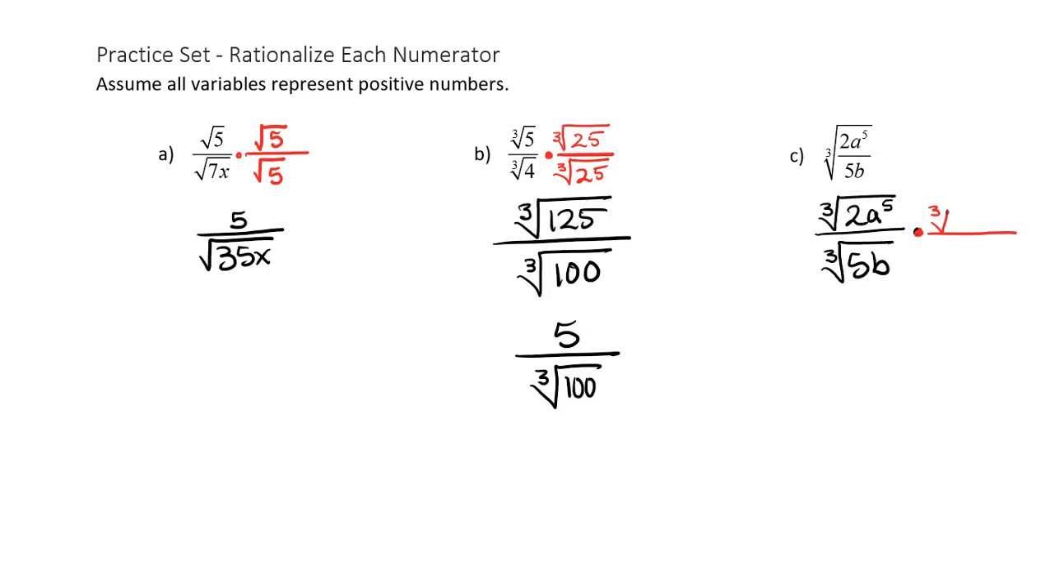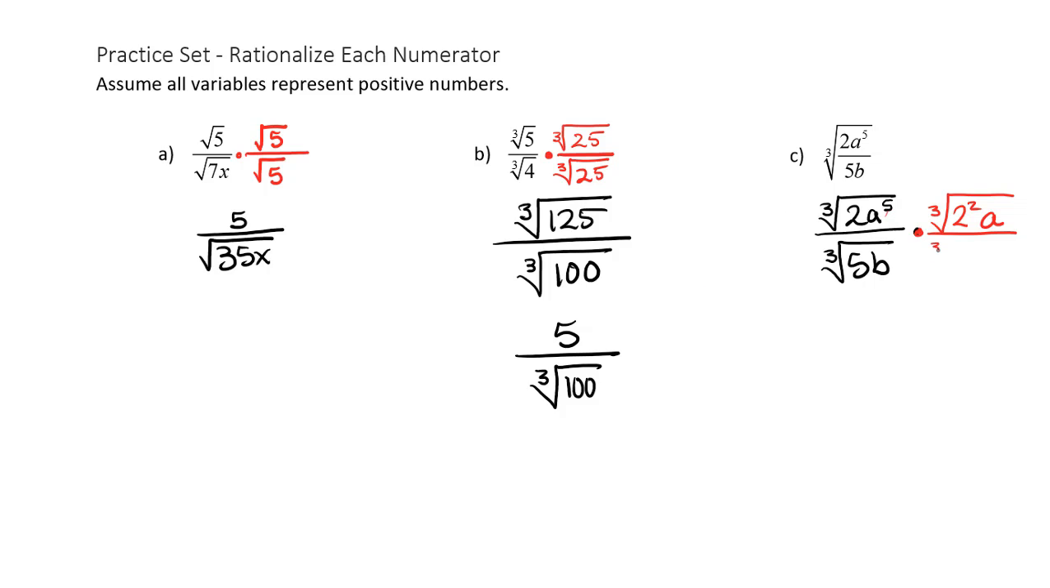So we'll have the cube root of 2 squared. That will give us the 2 to the 3rd, which will allow us to pull it out of the radical. We have an a to the 5th. We need an a to the 6th. So we need one more a to build this up to the point where it will come out evenly outside